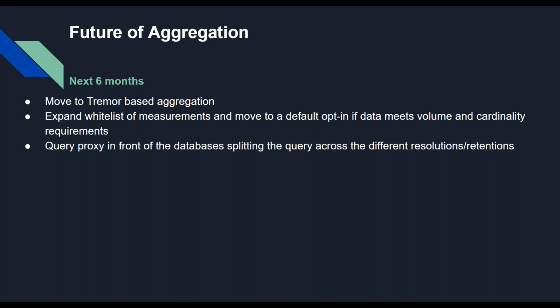Some additional pipeline improvements: we're adding a schema registry to do validation at the front end of our pipelines to make sure the data we're getting is the data that developers expect to be sending us, to remove some operational overhead for our teams in terms of responding to bad data that is poisoning the shared pool of the infrastructure. And we're going to basically be leveraging that schema tool to generate the list of tasks and validate whether or not a measurement is a good candidate for being within the aggregation